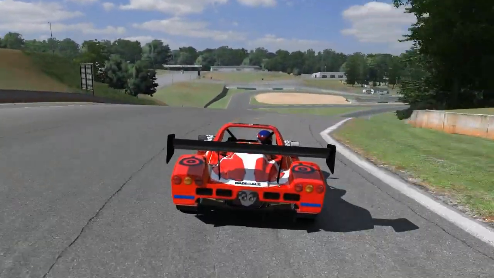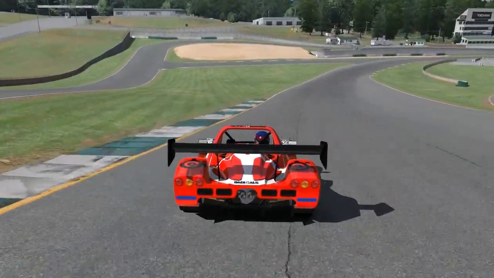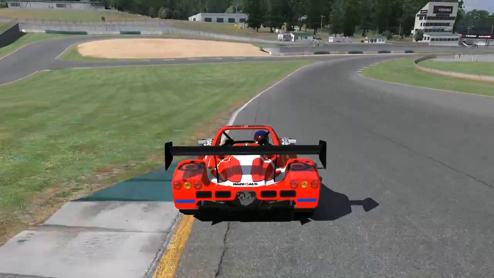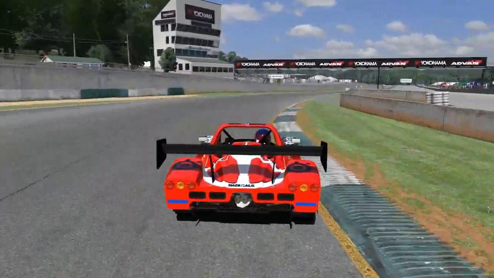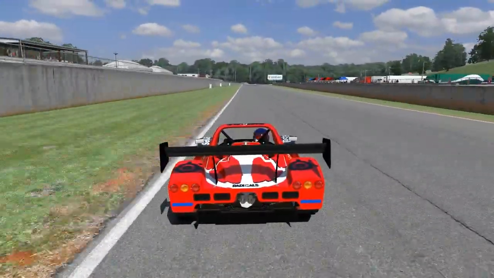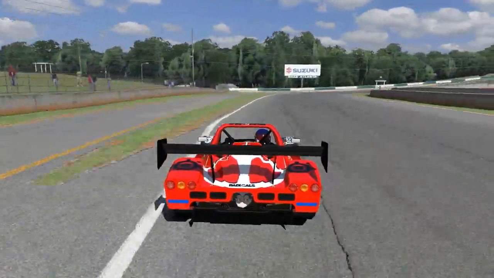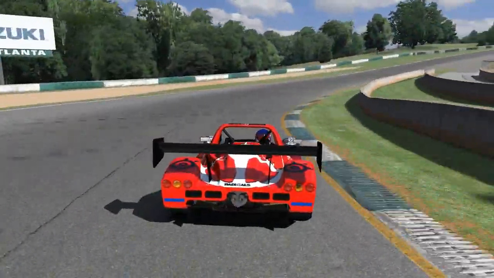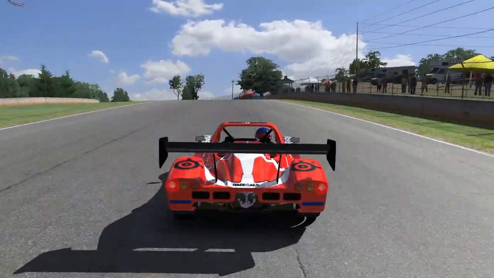aiming for the middle under the bridge. With a 17 wing it'll get very unstable over that little hump. Bring it out here, apex late, you can touch the curbs on the outside no problem. So it's down to fifth, turn in, try and keep it out into the middle here, turning in,